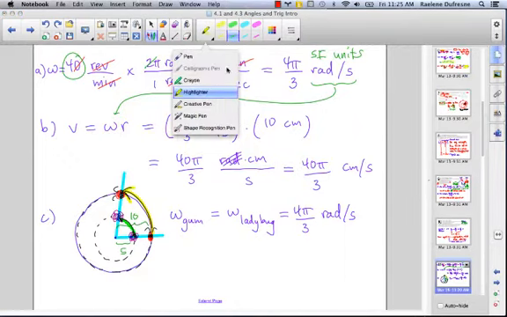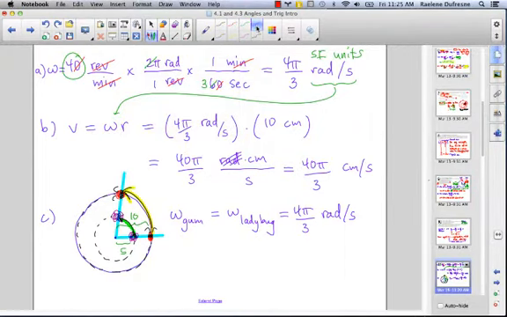And so if we want to find the arc length of the gum, or the linear distance of the gum, we can say that v for the gum is equal to arc length of the gum multiplied by radius of the gum. And it's the fact that the gum is at a radius of 5 compared to the ladybug being at twice the radius, which says that the linear distances and therefore linear speeds of the ladybug and the gum will be different. So we know that the angular speed of the gum is 4 pi by 3 rad per second,